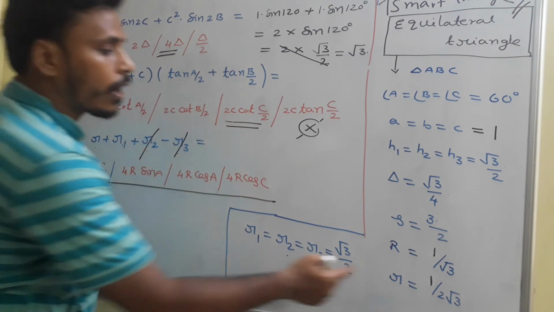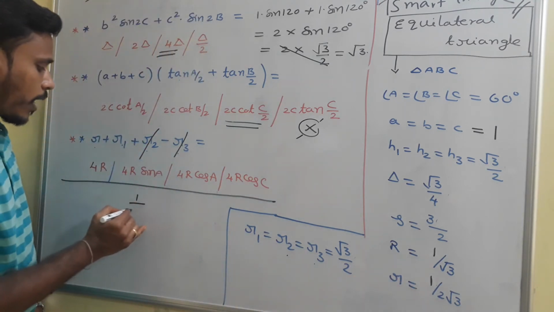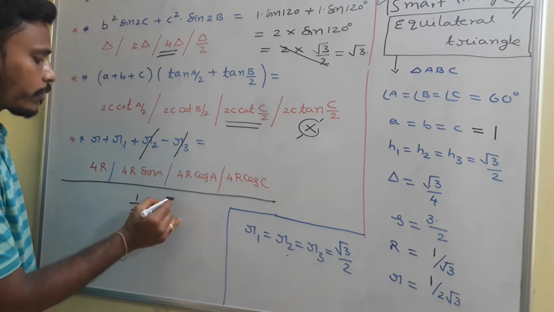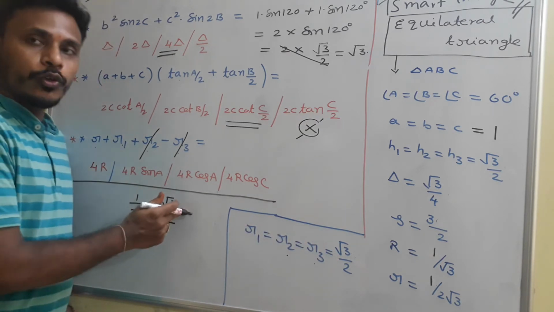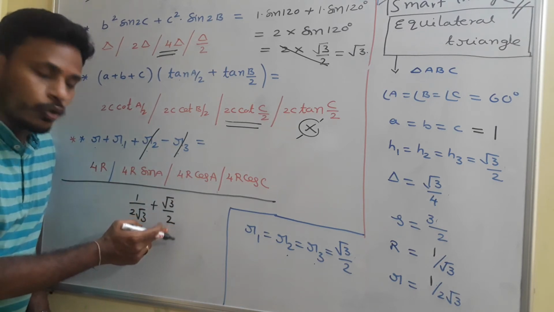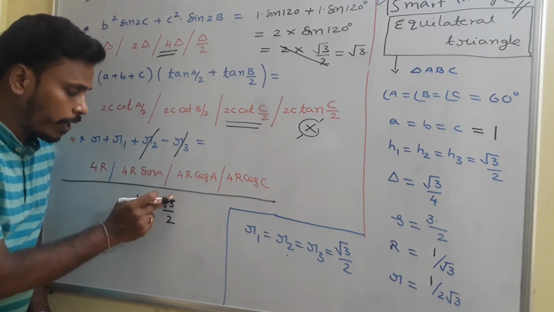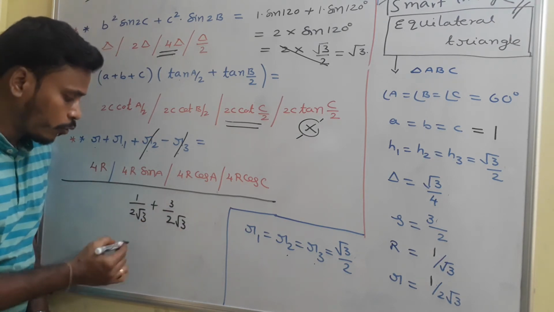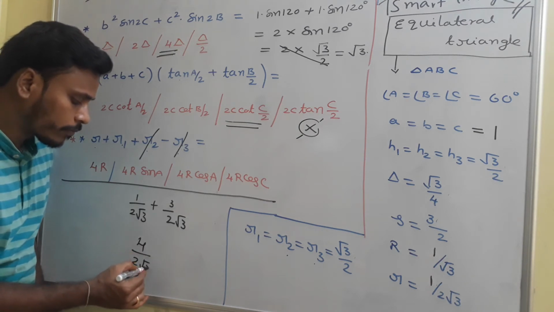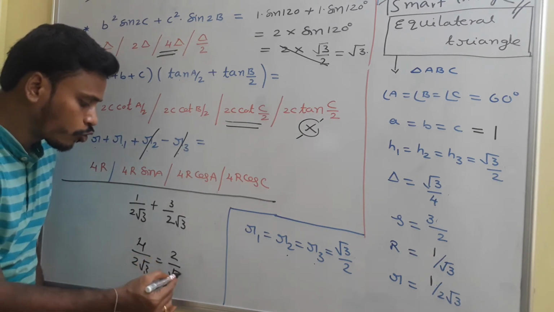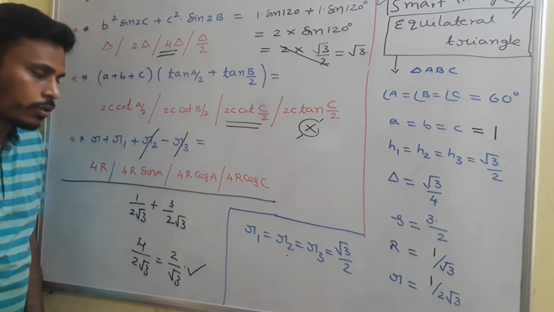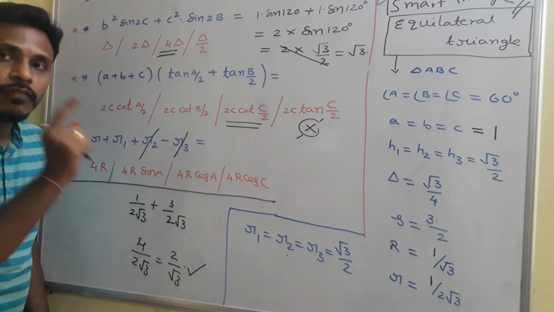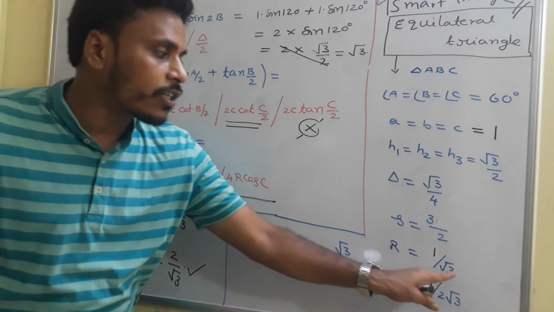So what is R? R already we know is 1 by 2 root 3. R is 1 by 2 root 3. Plus R1 is root 3 by 2. This is 1 by 2 root 3. This is root 3 by 2. So to make it 2 root 3, multiply with root 3. If you multiply with root 3, it becomes 3 by 2 root 3. So 1 by 2 root 3 plus 3 by 2 root 3, if you add, is 4 by 2 root 3. And since it is 4 by 2 root 3, that is 2 by root 3. So your answer is 2 by root 3. From the options you need to choose 2 by root 3. One by one we need to check. The value of R is 1 by root 3.